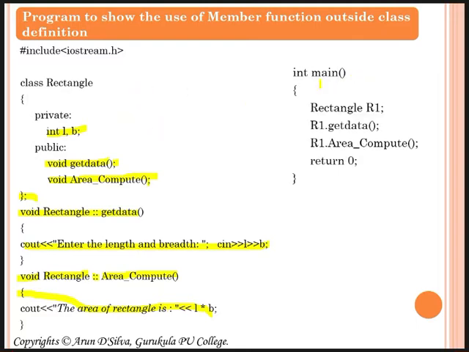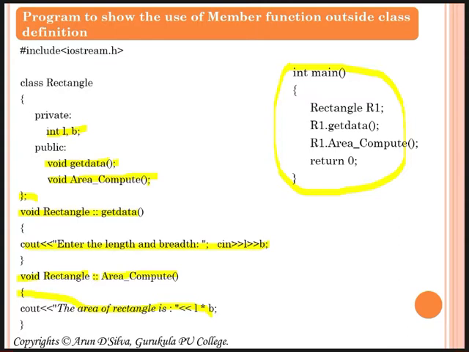The main function is the same as what you saw in the last step. If you know this, then you will not have any difficulty. So that is how you can define a member function inside a class as well as outside the class.